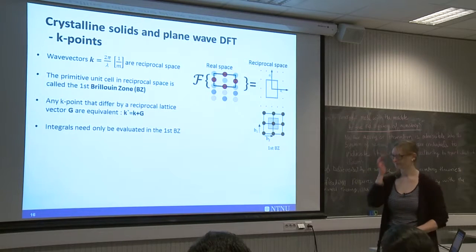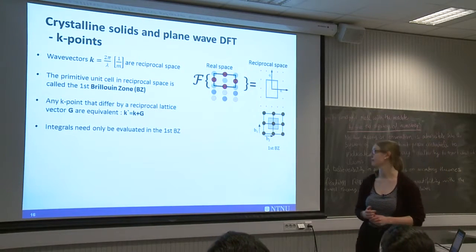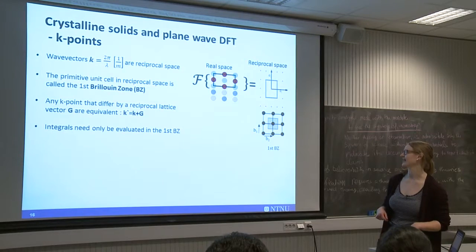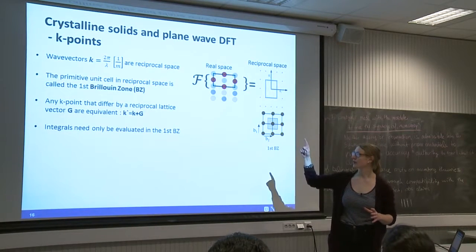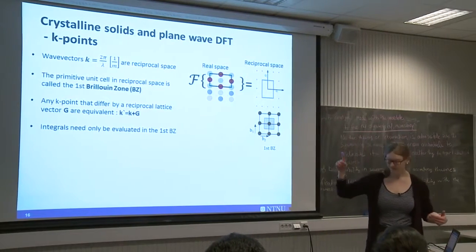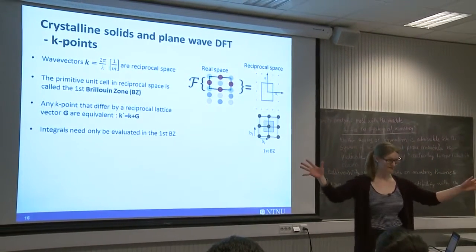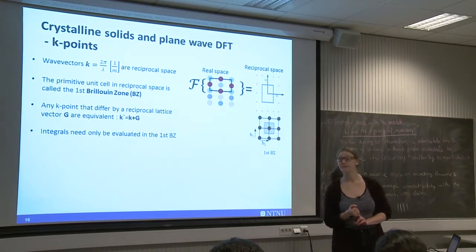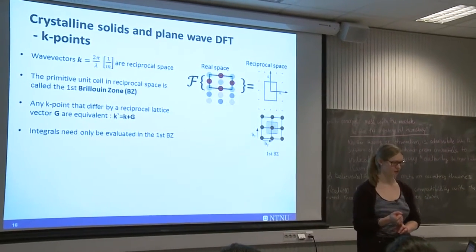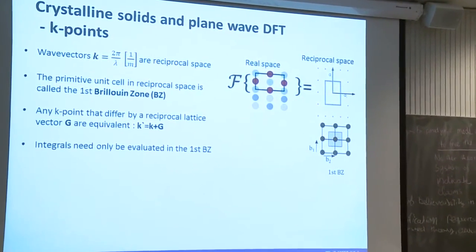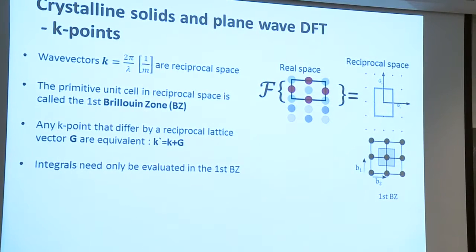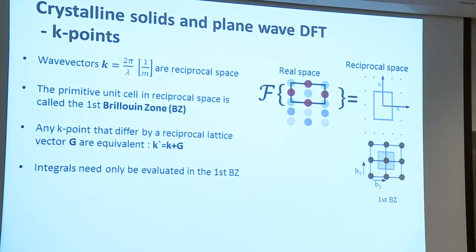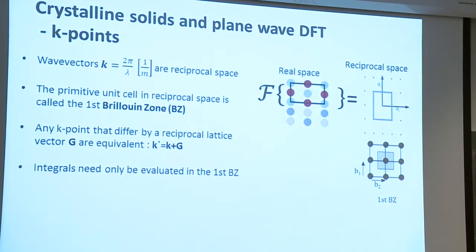Another important concept is K-point sampling. Again, we're in reciprocal space. You just have to have some sort of sense of what that is. So our plane wave vectors span the reciprocal space. And in reciprocal space, the primitive unit cell is called the Brillouin zone, or the first Brillouin zone. Then you need to know that any K vector which extends the primitive cell in your reciprocal space, or extends the Brillouin zone,